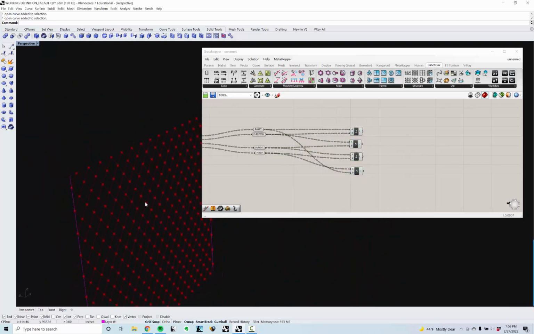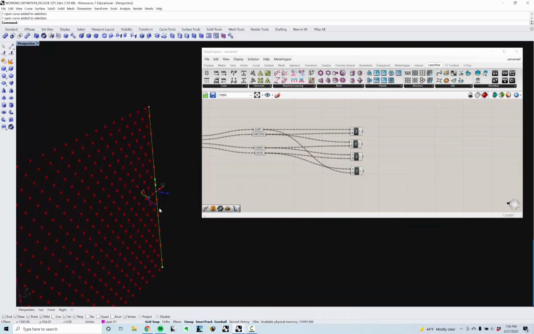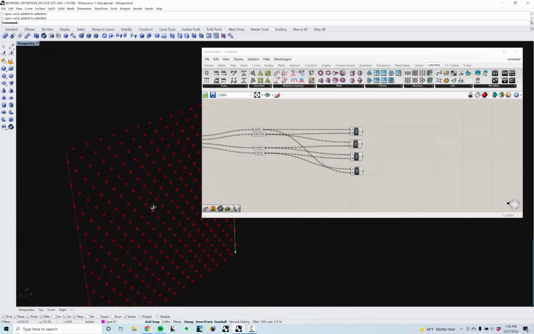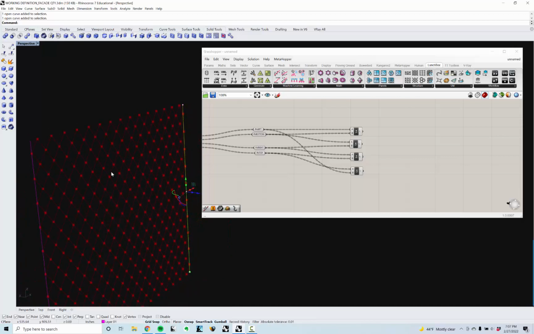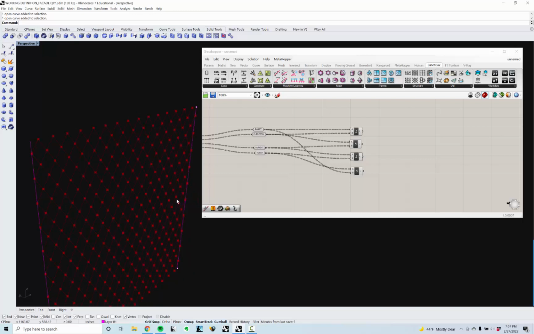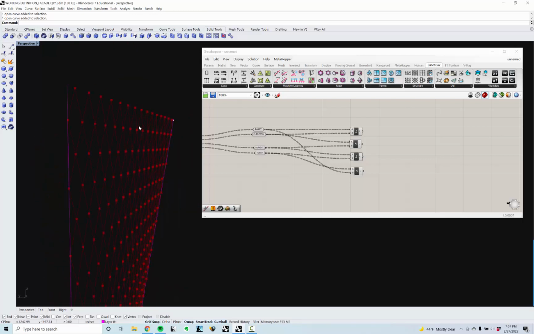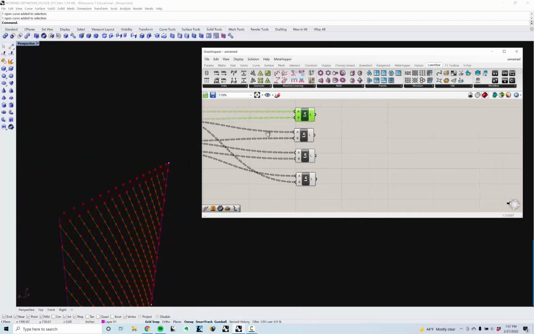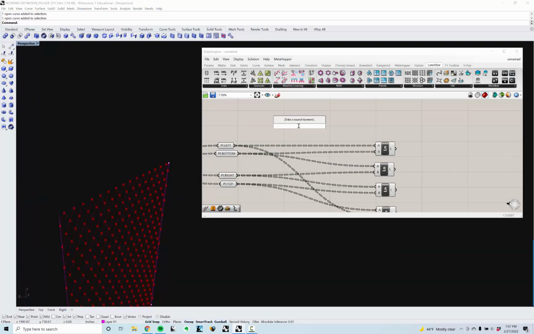And because for the sake of this exercise and how I want this facade to be designed, I actually want this to consist of a series of triangles. I don't want any curvature in it. If I rotate this, you'll notice we'll start to get diamonds, but these diamonds, if I was to create surfaces from them, would actually have curvature on them. I can illustrate that by doing a 4-point surface, which we're going to use this component later. If I was to take all these and plug them all in,